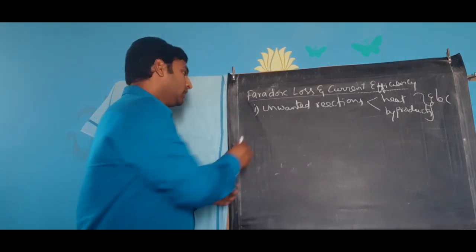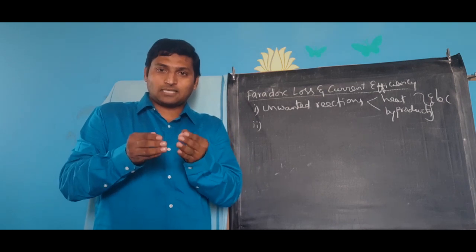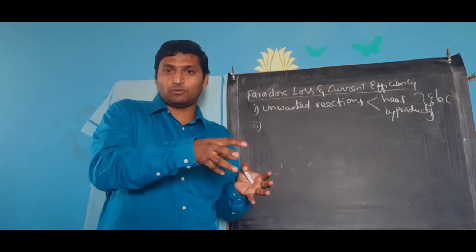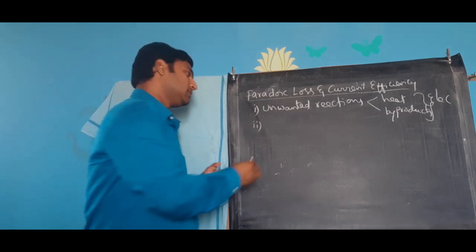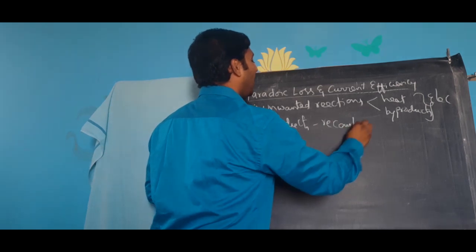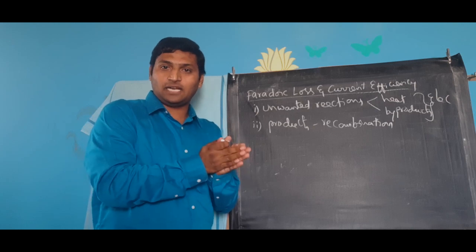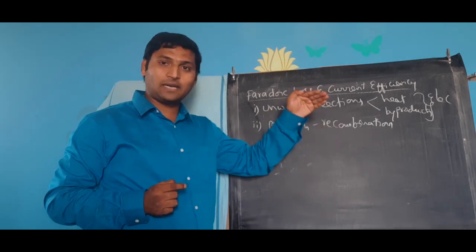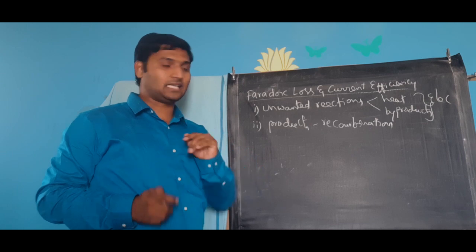Number two, you expected the products at cathode and anode to be formed like this, and this electricity is consumed for that purpose, and you expect some end result. But what happens? The formed products might undergo recombination. As a result, you don't get the expected product finally. You end up getting less quantity than you expect, but electricity is being consumed completely. That is another thing.